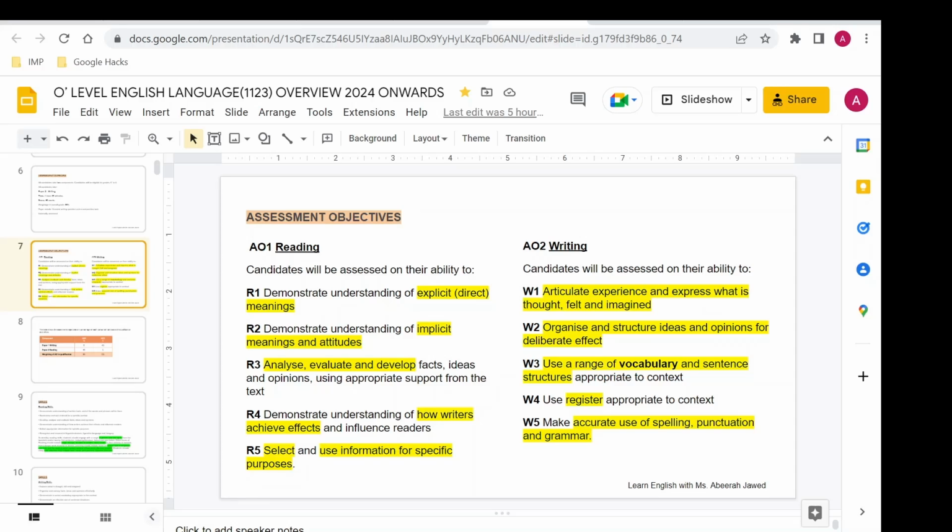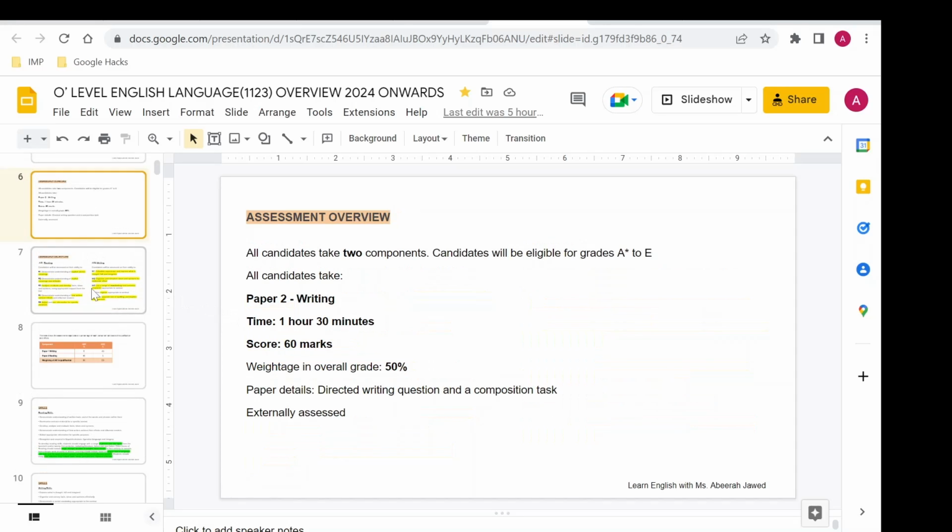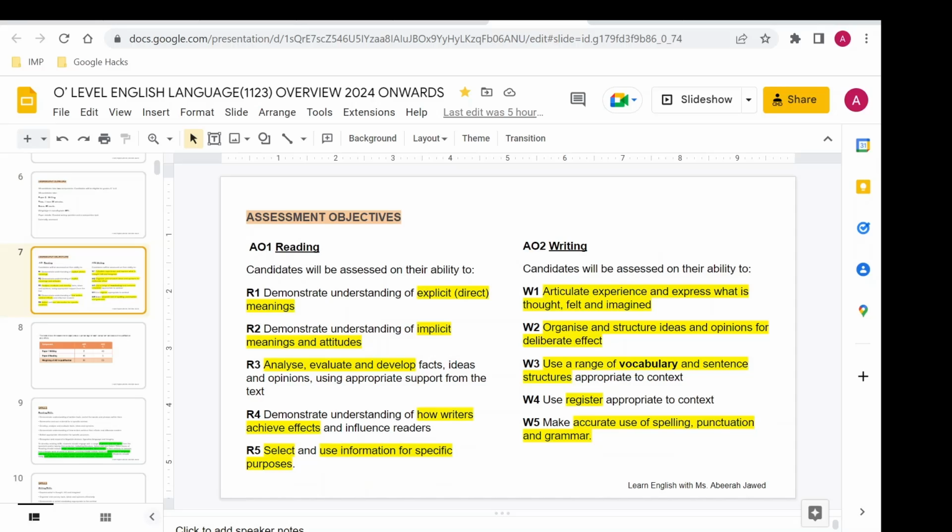This is something that we all will learn. The purpose is not to highlight what Cambridge has given us, but the things that we will also focus on in our course. What kind of register is appropriate for what particular task? If I am getting a formal letter in the question, how do I understand that it is a formal letter, and how do I ensure that my register and tone are perfectly appropriate to the question?